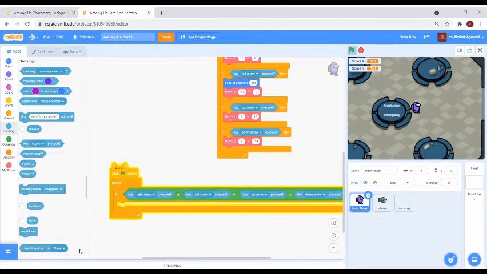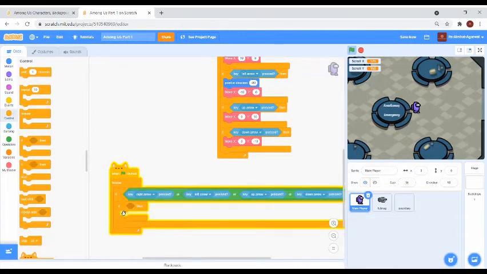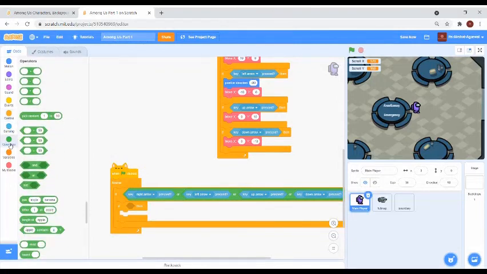Then we will take one more if then block, and take or.